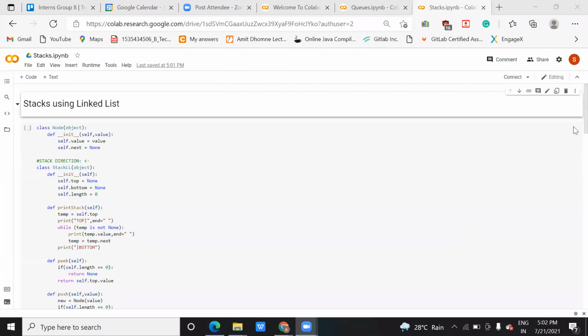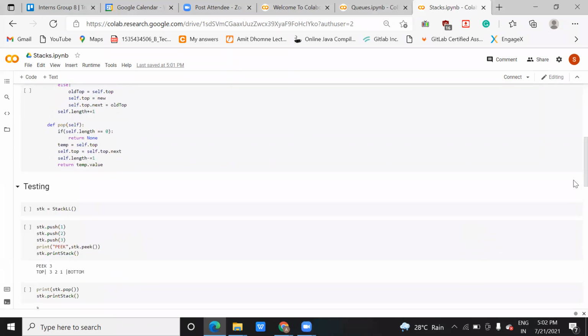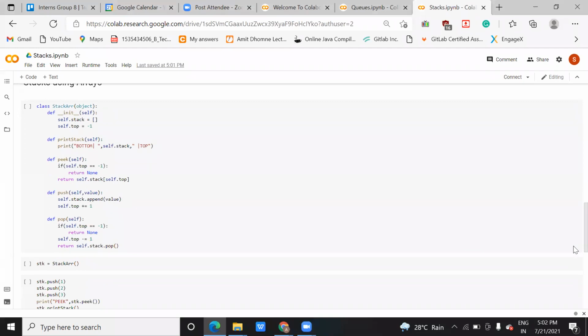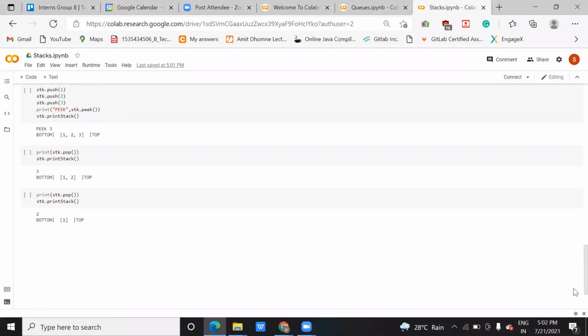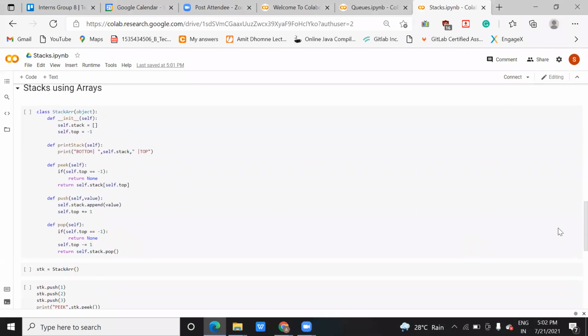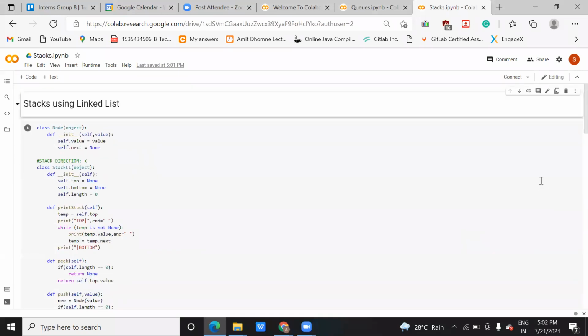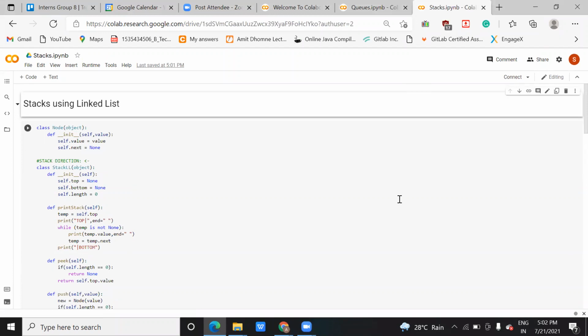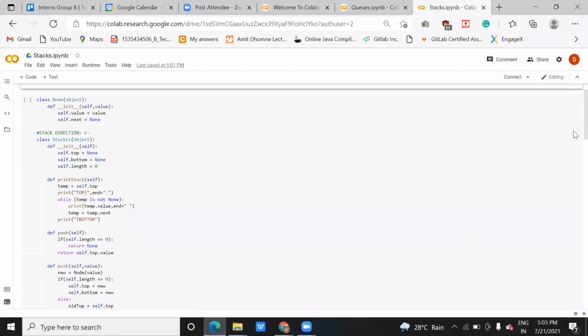So in the last class, I showed them this function, how you can use a stack, how you can push an element, pop an element, and traverse and peek, right? I've shown them both stack and queue. So what actually is the thing here? See, are you aware about this class object, right?